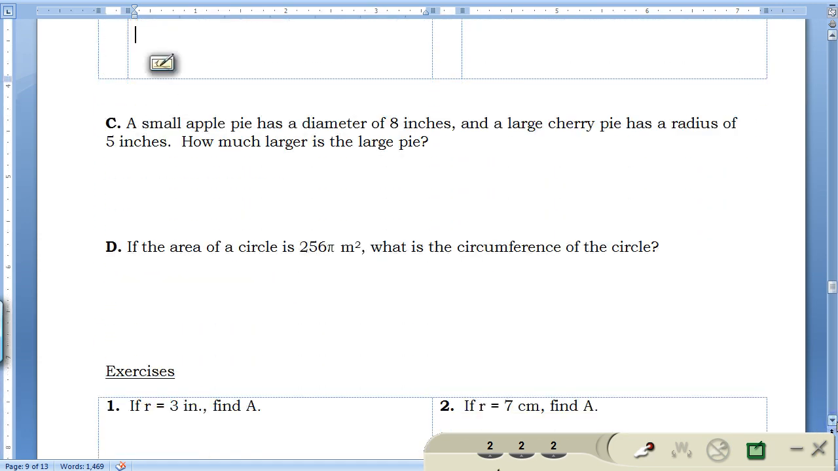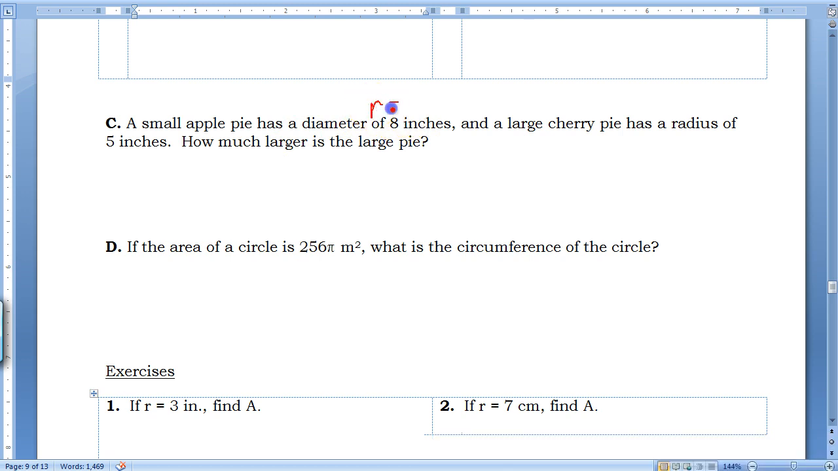Okay, the next example says a small apple pie has a diameter of 8 inches and a large cherry pie has a radius of 5 inches. How much larger is the large pie? So first off, I need to recognize that this says diameter, and I need to work with the radius to find the area. I know that the radius is going to be 4 because radius is always half of diameter. So to find the small area,